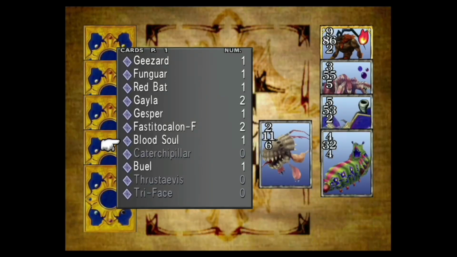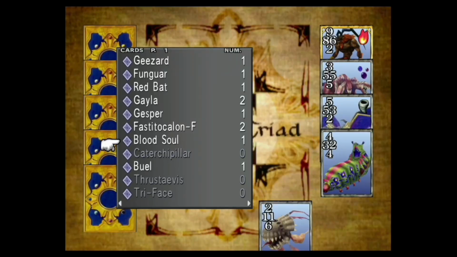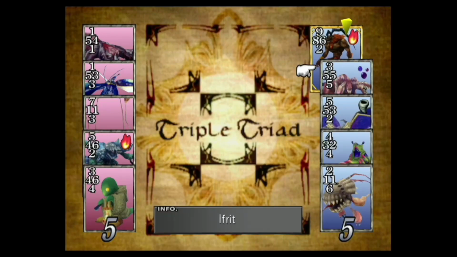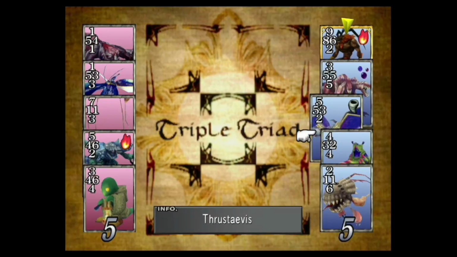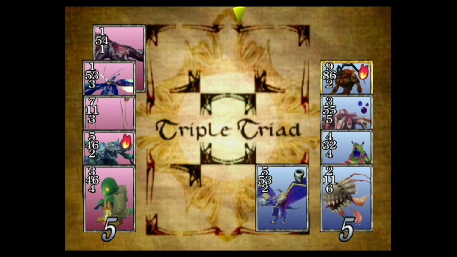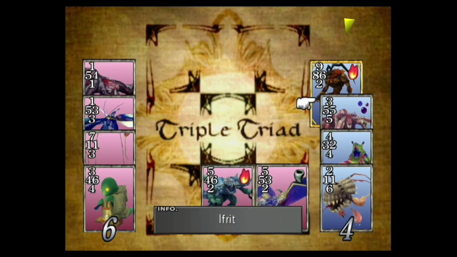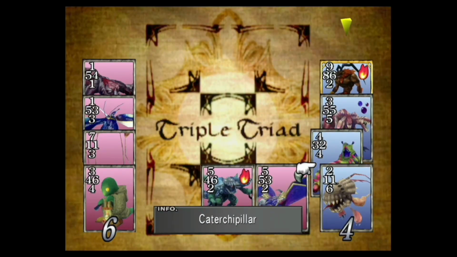Like Caterpillar's good. And Blood Soul's good. Yeah, that's fine. He still isn't using the card that I want. Okay, so let's start with some nice, good opening round here. Play some defense. Go flip that. That's fine. Let's see, he's got a